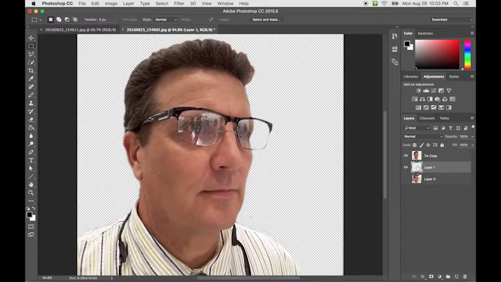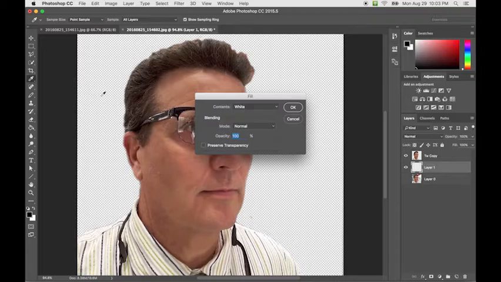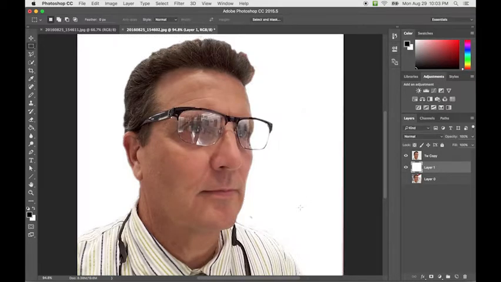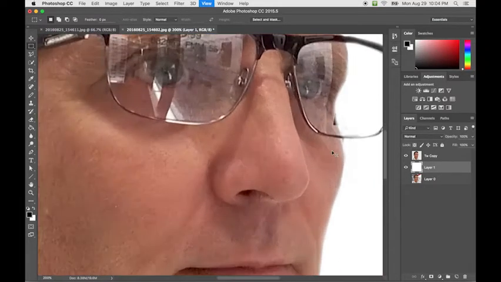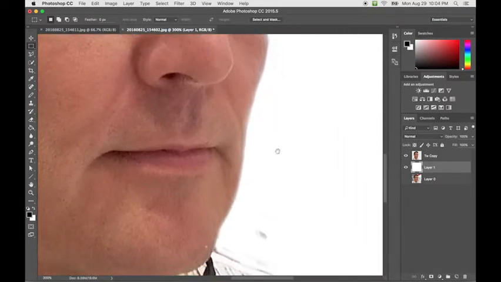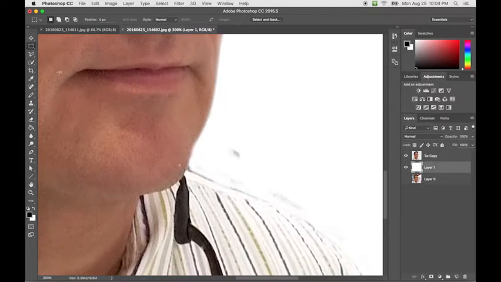I want this whole card, colored card, I call that, to be filled white. So edit, fill, contents white, say OK, and there we go. So now I can see I have some little artifacts there, but I'll get those with my eraser. So I'll zoom up with the Command+, come up here, and I have these little bits here, so I'll come